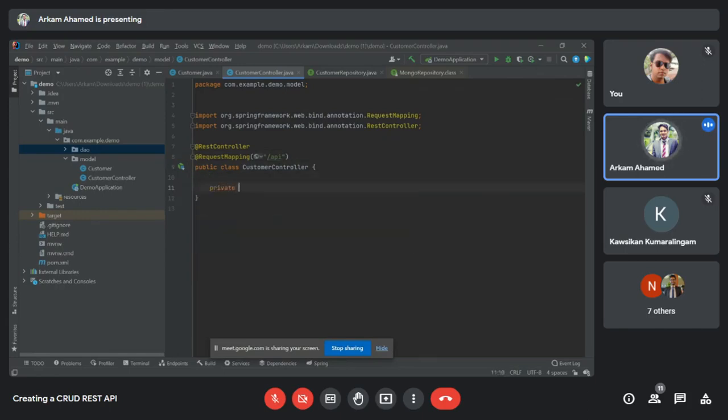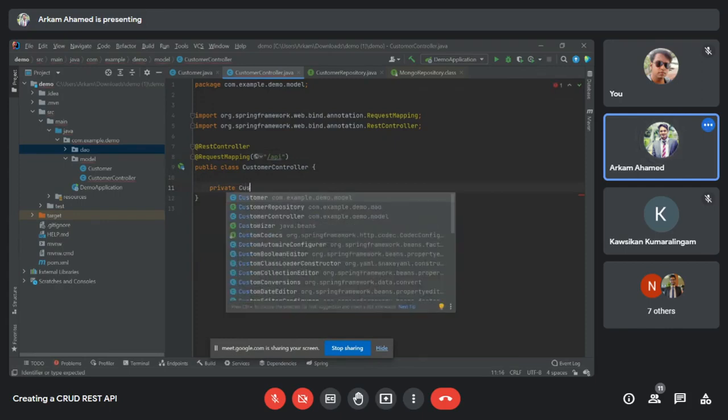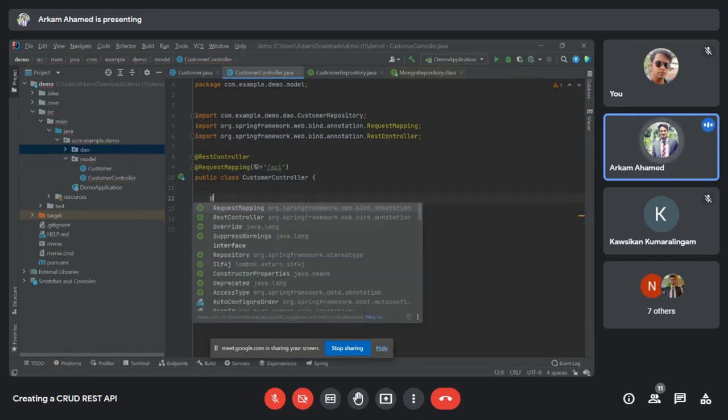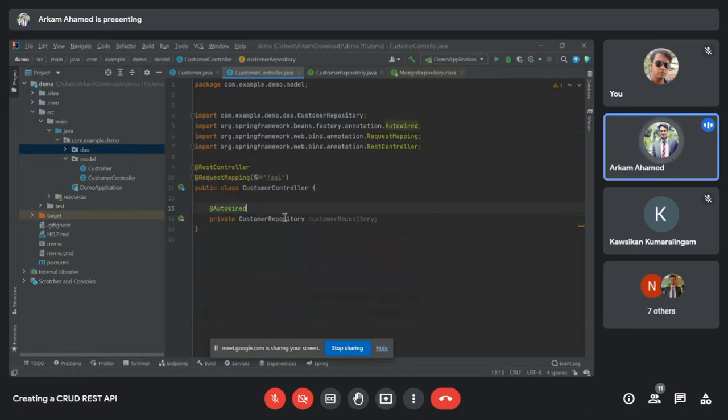I will have to get the repository class here, CustomerRepository, and then annotate it with Autowired. What Autowired is, it enables you to inject object dependency implicitly, like customerRepository equals new repository. So we don't need to do that. This annotation will do it for us. It will create the constructor and all what we need.